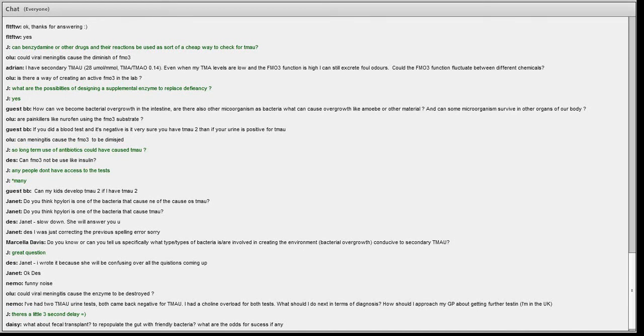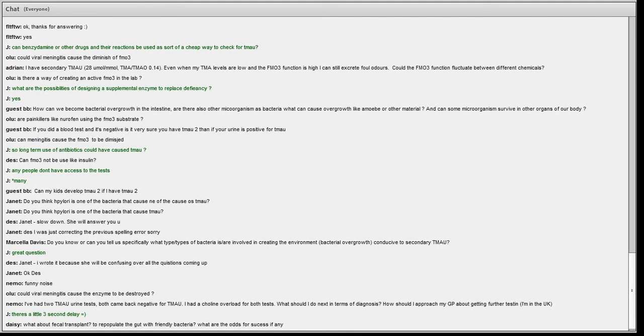Depends which type of bugs would be killed by the antibiotic. So was the question that the actual antibiotic itself would cause TMAU? The question was long-term use of antibiotics causing TMAU. Okay, in theory that might be possible, because depending on the antibiotic used, different antibiotics would target different types of